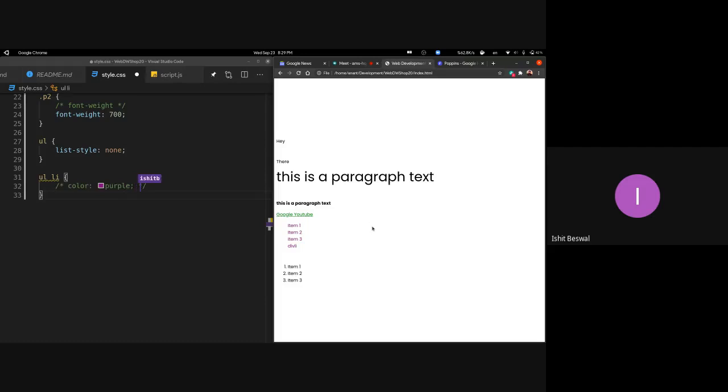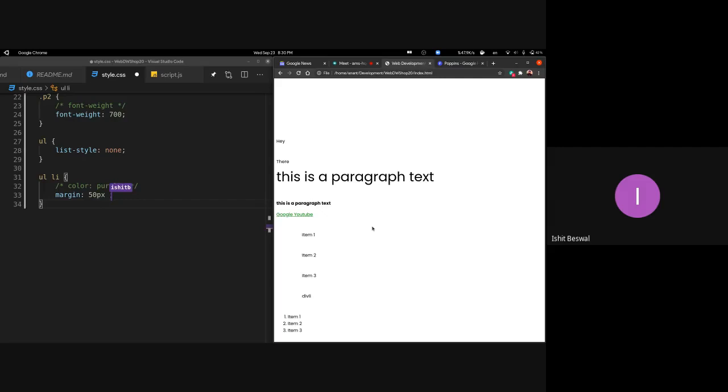The next one is the margin property, right? So you can just type out margin and give any value that you want. For now, I'm going to use the value 50 pixels and save this. What this does is give a margin to all the li in all directions: left, right, top, and bottom. Now there are obviously cases where you might not want to place a margin in all four directions.